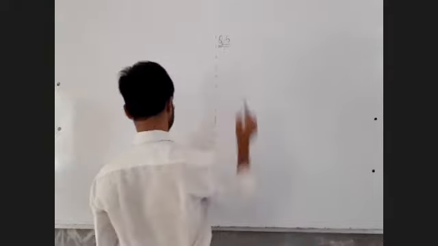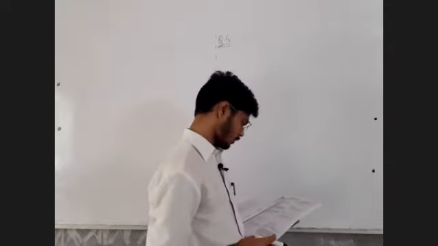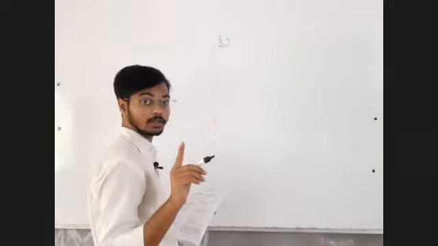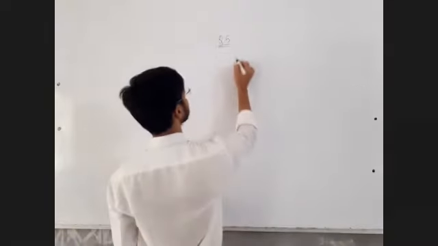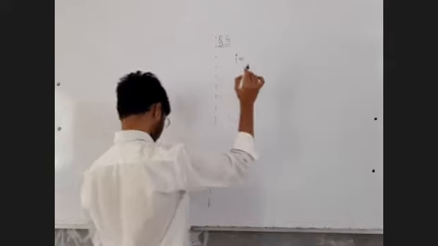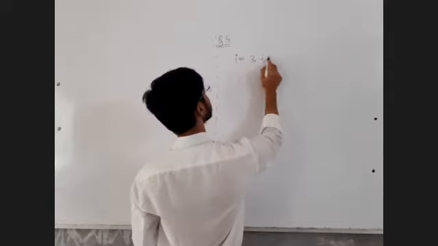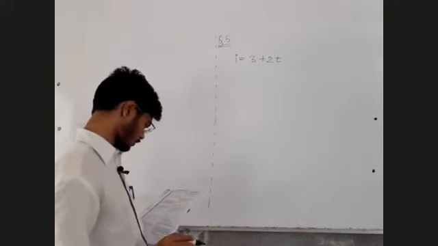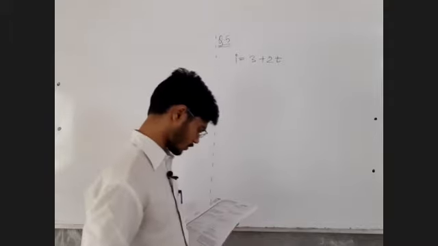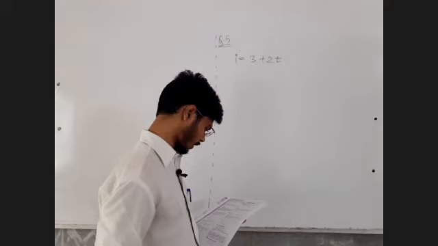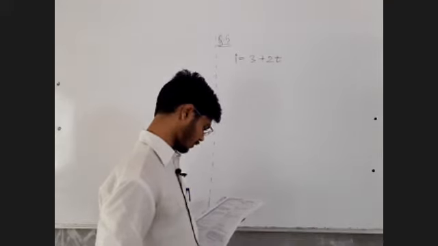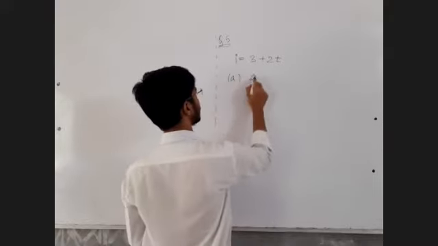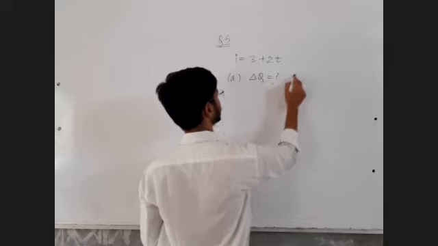Example number 5. The current in the wire varies with the time according to the relation. See, we are not given charge, we are given current. So current varies with the relation 3 plus 2t. According to this relation, how many coulomb of charge pass through the cross section of the wire in the time interval t equal to 0 to t equal to 4 seconds? Bit number A, find out the charge flown from